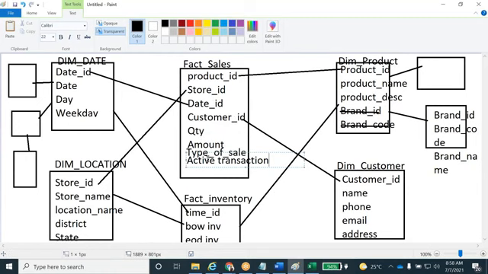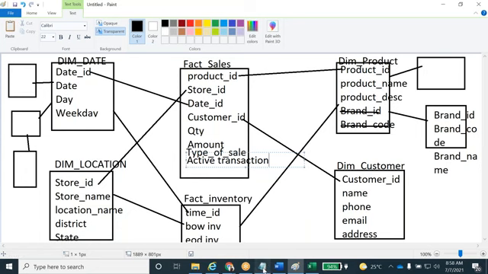Okay, clear, guys? So junk dimension is clear, right? As of now, I explained the conformed dimension and the junk dimension. Junk dimensions are the random transactional codes or flags that are stored in the fact table, but they won't be related to any particular dimension table. Junk dimensions are stored in the fact tables.